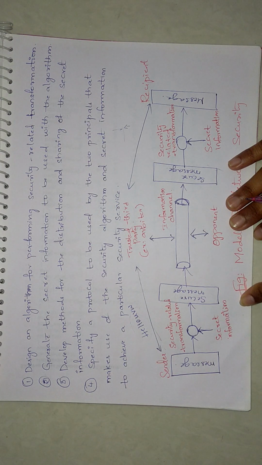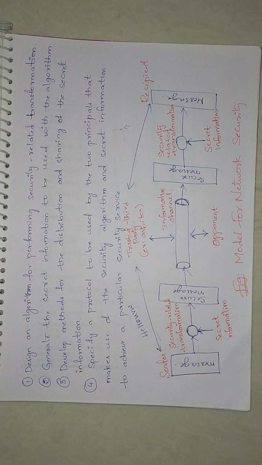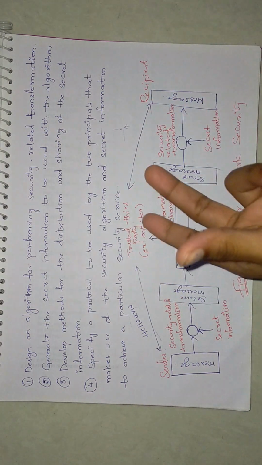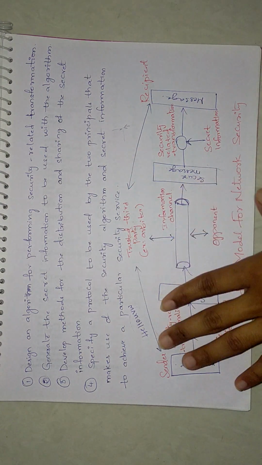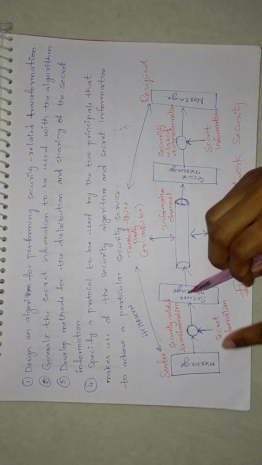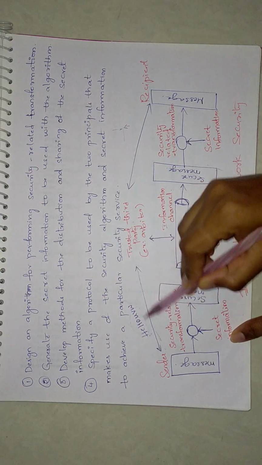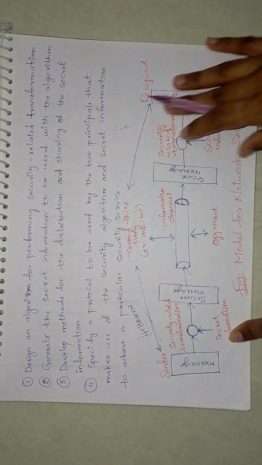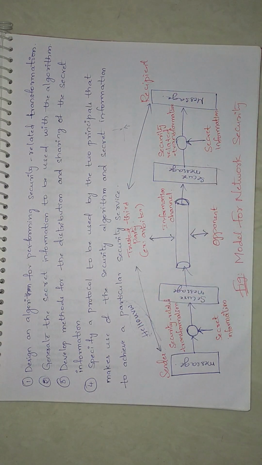That means I told you that they have to use some algorithms, they have to generate secret information using those algorithms. So based on those four principles only, the secret information will be decided, like where it should be placed and how it should be placed, all those things. So we will see that later. And once this secret information is appended, now this is a secure message. That means it cannot be hacked easily.